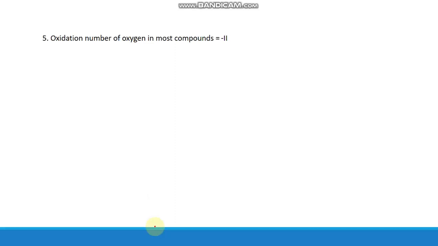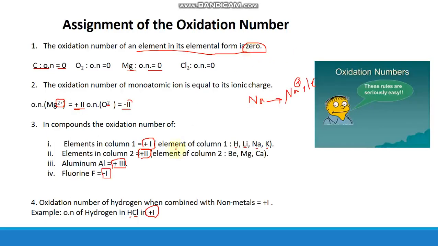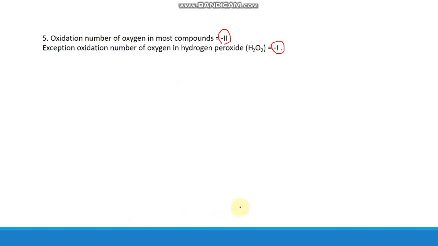The fifth rule says the oxidation number of oxygen in most compounds is -2, but we have an exception: the oxidation number of oxygen in hydrogen peroxide, that is, if we have a compound H2O2, the oxidation number of oxygen in this compound is -1. Okay, what about the oxidation number of H? Let's return here. When it's combined with a non-metal, it's +1. So the oxidation number of H in